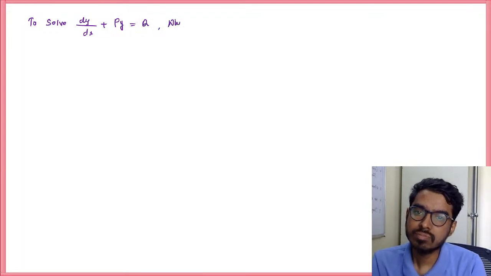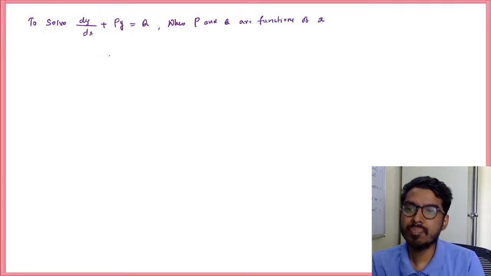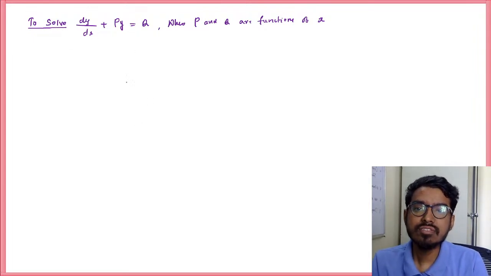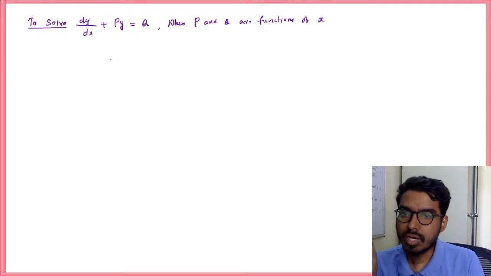Where P and Q are functions of x. So how to solve this equation? I'll tell you that first we will try to get the formula to solve this type of equation. So what I'm going to do is multiply throughout by